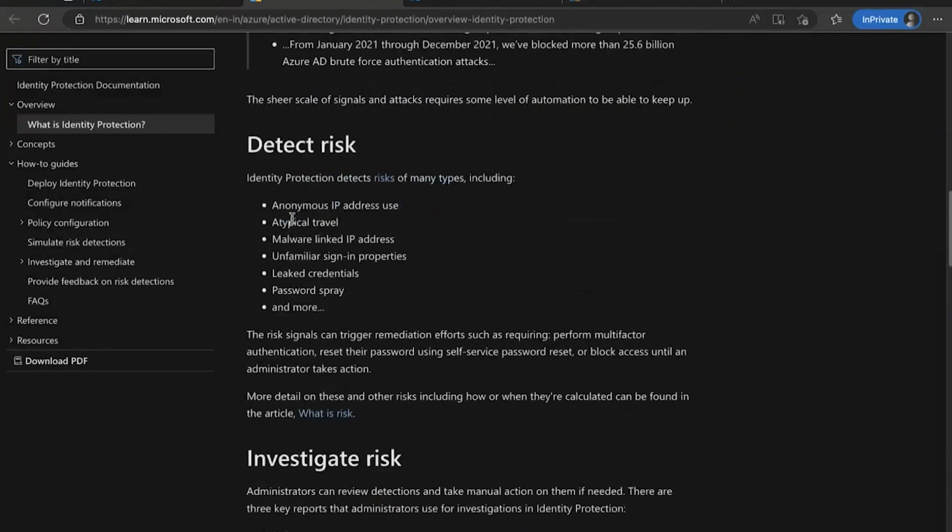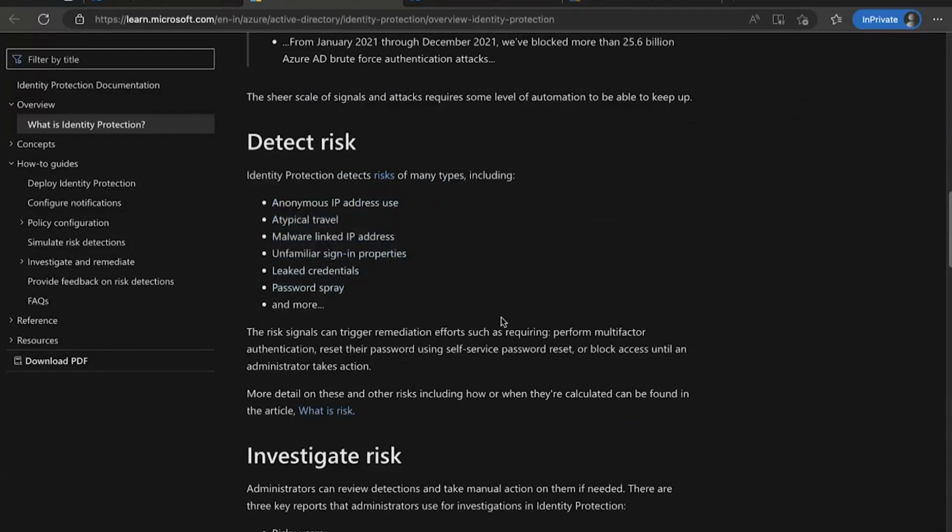With the automation, they can detect risk like anonymous IP address use, atypical travel, malware linked with the IP address, unfamiliar sign-in properties, if your credential has been leaked or not, a password spray. These kinds of conditions it can detect, right? That means it can detect and give you the idea of what is happening. Your identity is under threat, and then you can take some decision.